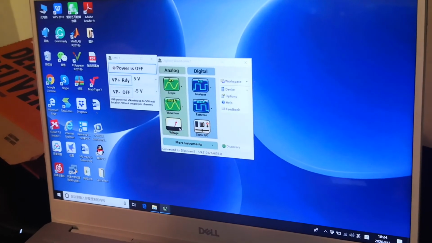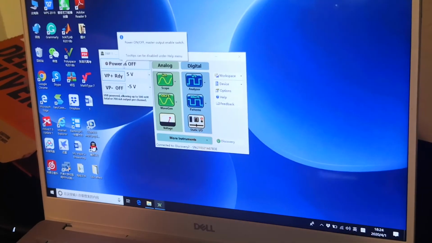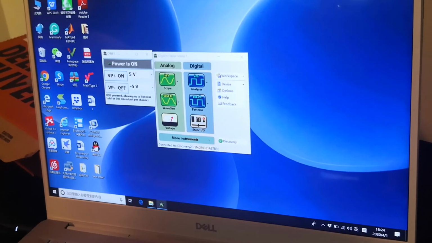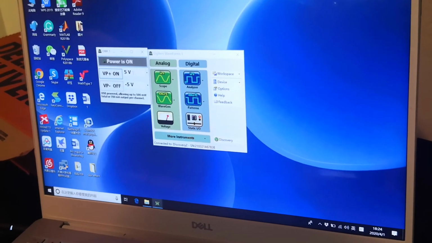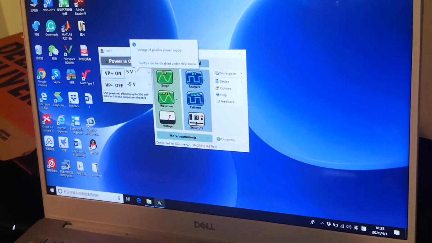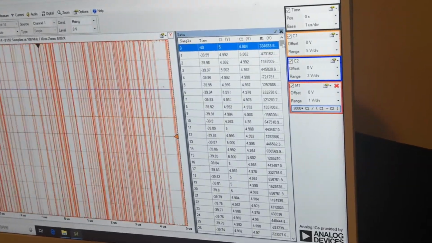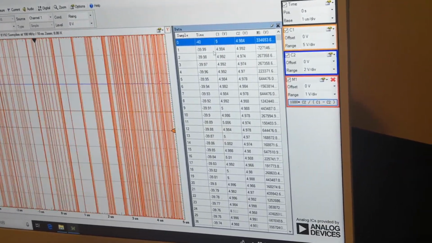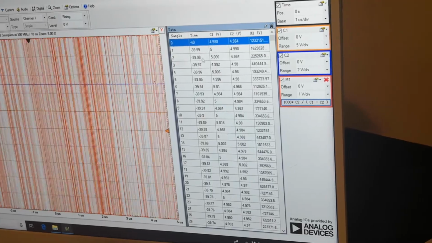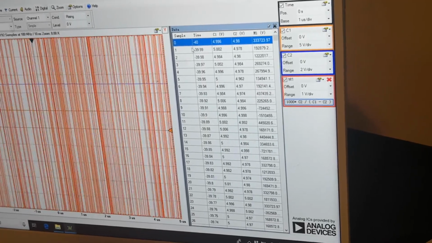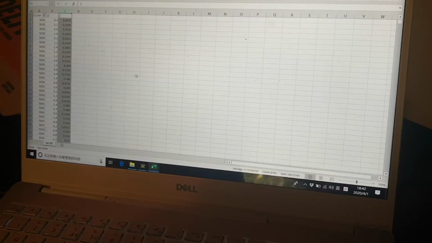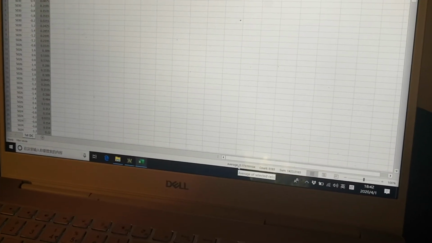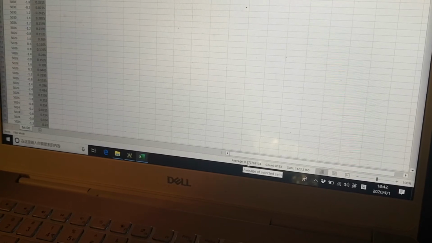So click the voltage and click the power is on, and make the negative part off. So we set 5 volts as the DC power voltage. The result similarly has a number of samples. We also need to extract the data points and insert them into Excel and get the result. The average impedance is